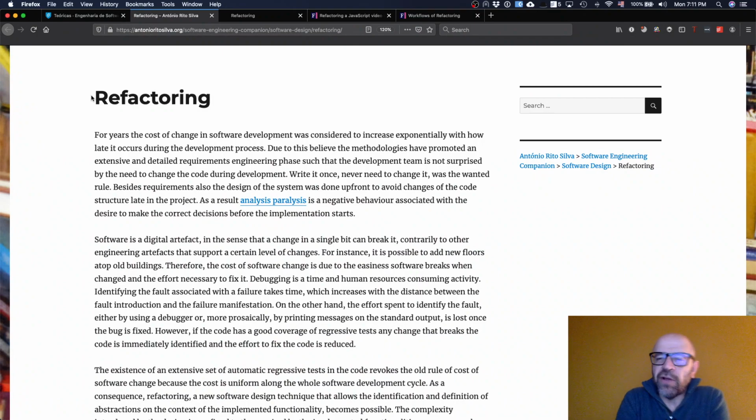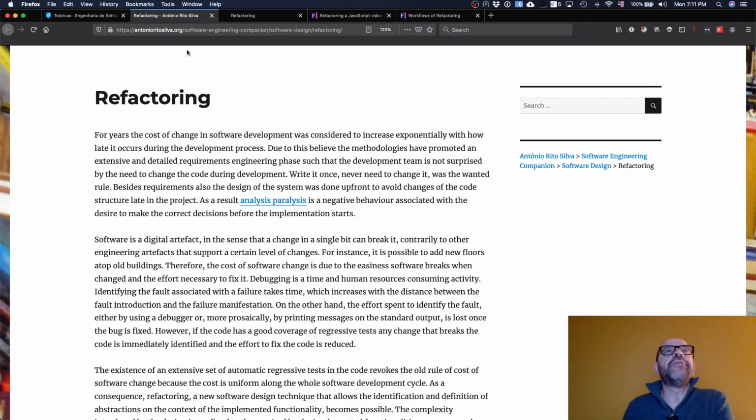But if you have a program running and you want to do some change, the wrong way to do it is: okay, I need to change this code, so remove the code that you want to change and start writing the new code. This is completely wrong, because then you lose your footing. You don't know if the code is running or not. So keep the code running and define these small steps.